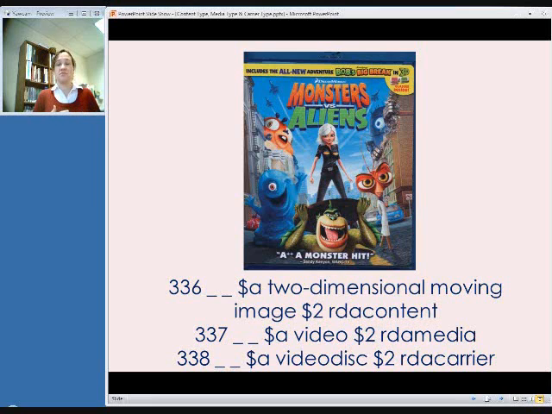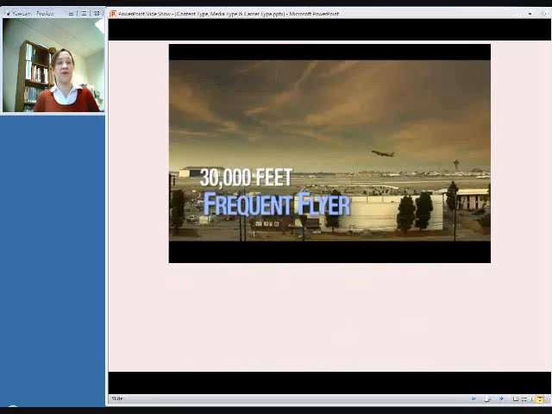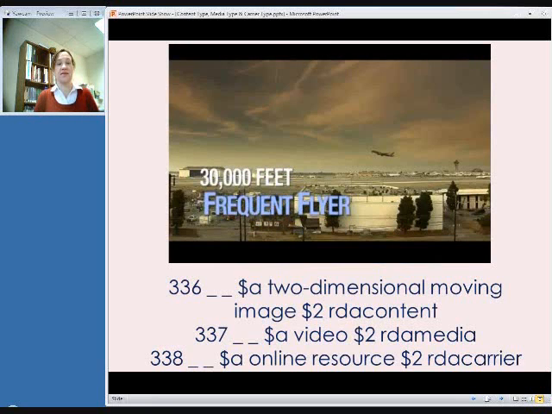So that's maybe one criticism of RDA that some people have. But for the content type, media type, and carrier type, these are exactly the same for a Blu-ray disc as for a DVD. Here, on the other hand, is a streaming video, and that is a little bit different. The content type and the media type are the same as for those discs we saw before, but the carrier type is online resource.